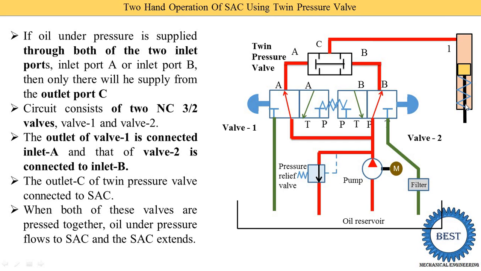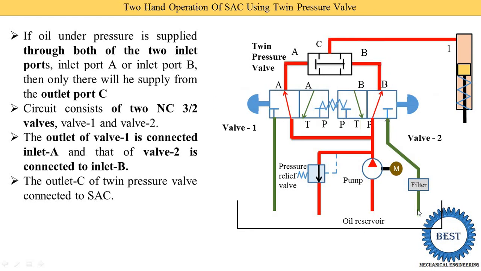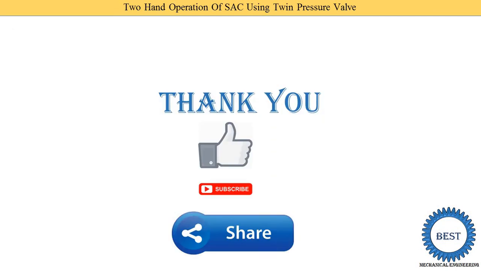For that retraction, the operator does not press, or releases, the switch of both valves, and the retraction starts automatically due to the spring force. Here we use a spring type single acting cylinder. So due to the spring, the oil goes back as shown in this diagram. When the retraction starts, oil comes here on the C port, and from the C port it goes to the A port and B port. From the A port it goes to the T port and to the reservoir. Here also the same, from the B port it is connected with T and the oil goes back to the reservoir. That way the system runs continuously for the first position and the second position.